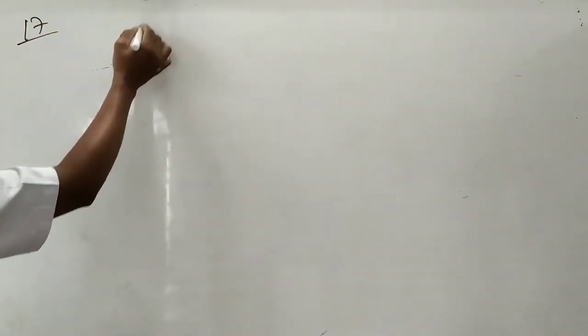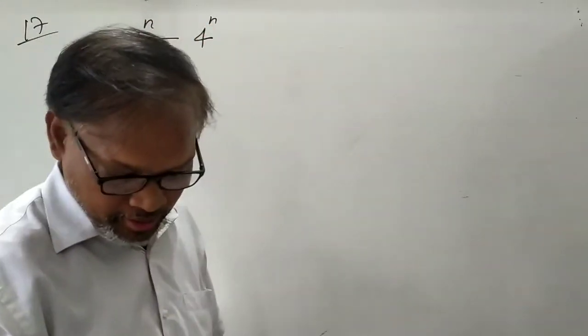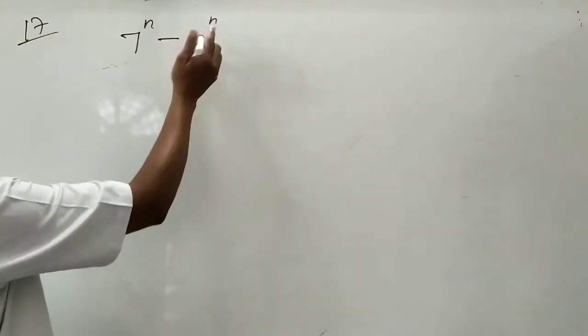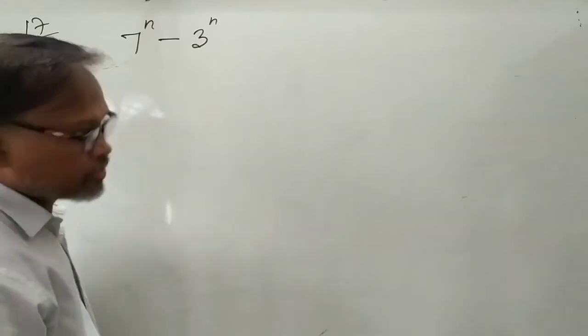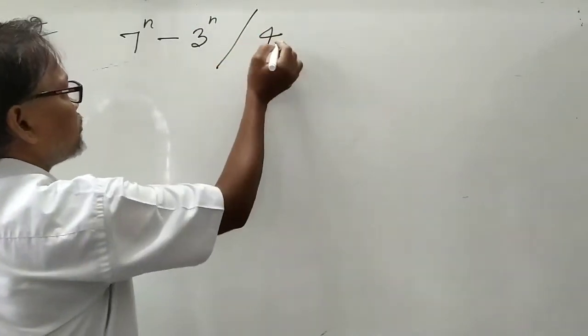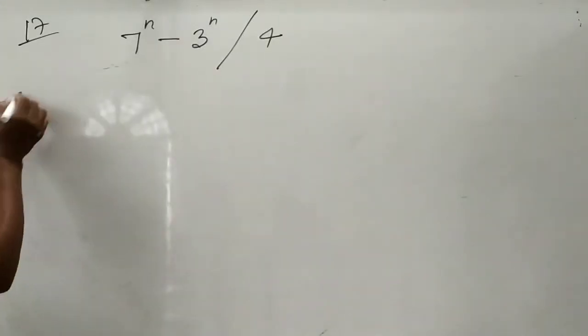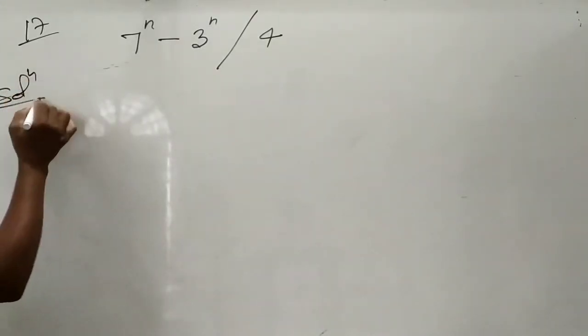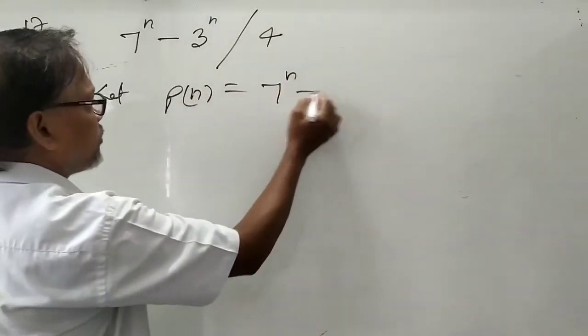Second question, in the next question in this case. Prove that 7 to the power n minus 3 to the power n is divisible by 4. This you have to show, मतलब ये पूरा एक्सप्रेशन 4 से डिविजिबल है। तो सबसे पहले लेट कर लो इसको Pn, let Pn is equal to 7 to the power n minus